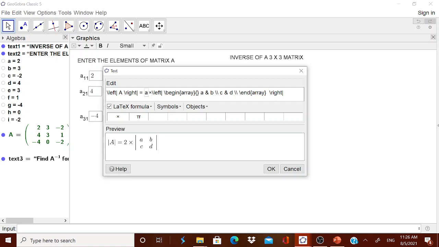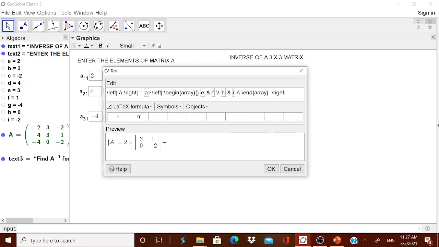Now what are the things that will come? You will get EF. Therefore when you remove it, you will get EF. You can note down E and it will be F. Therefore from the object it should be F. Here from the second row you will get H and I. Therefore it will be H and it will be I. Sorry, from the object you have to take I. Okay, the first one is okay.